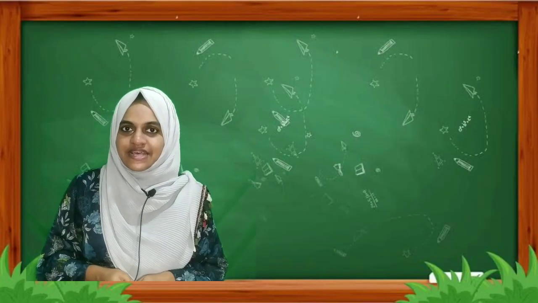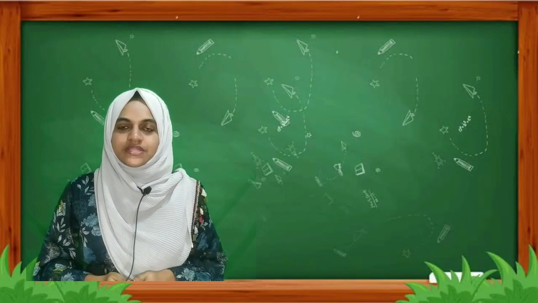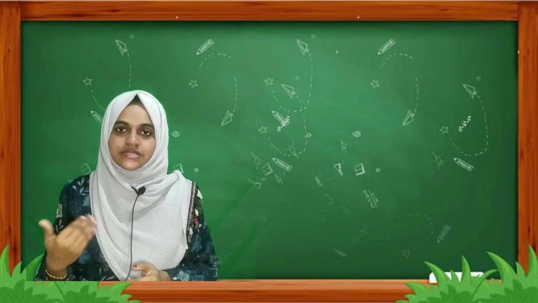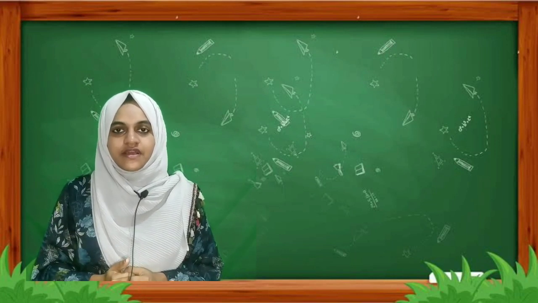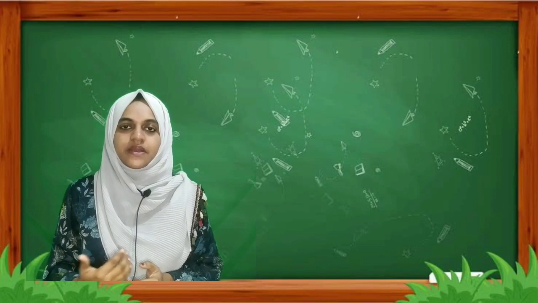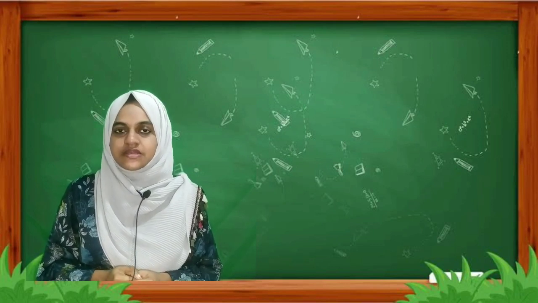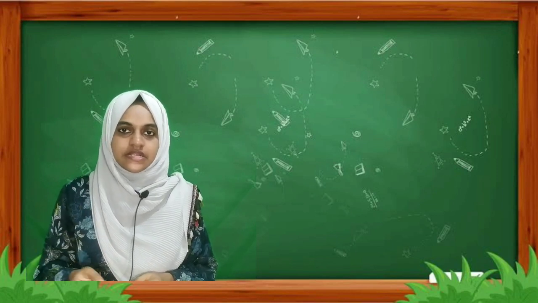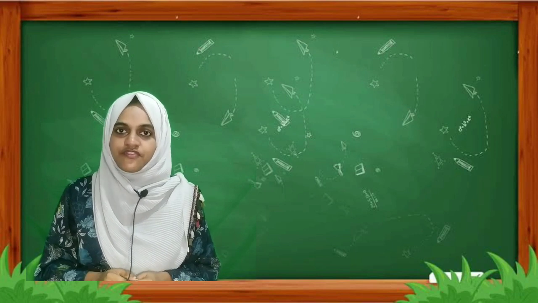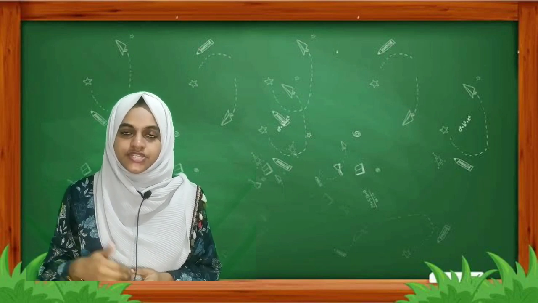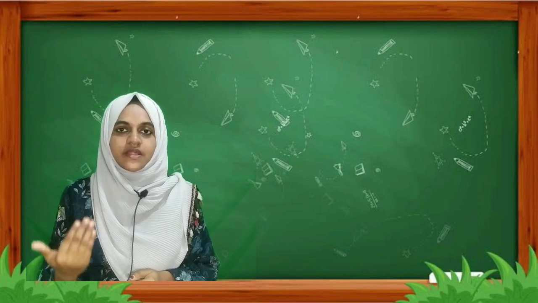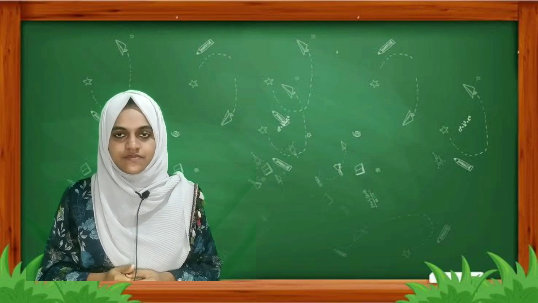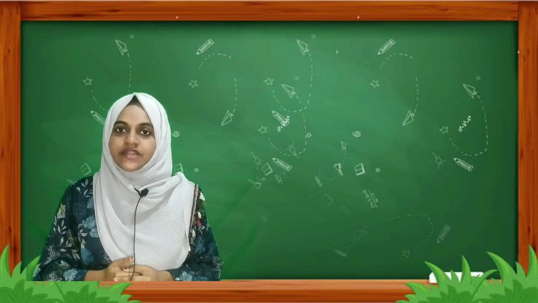So dear students, in today's class we discussed the sexual reproduction in flowering plants, right? In that we discussed the major parts of the flower, the male reproductive part, that is the stamen, the female reproductive part, that is the pistil, and how the pollen grains are transferred to the pistil, that is the process of pollination, different types of pollination, different types of flowers, that is unisexual flowers and bisexual flowers. And then we discussed the process of fertilization, that is how the male and female gametes get fused.